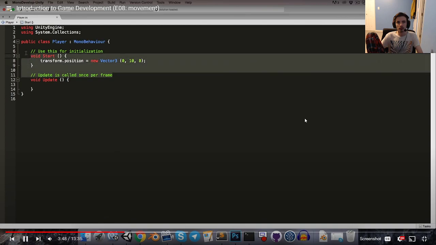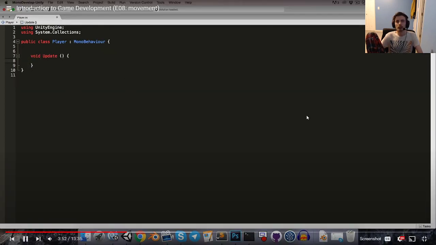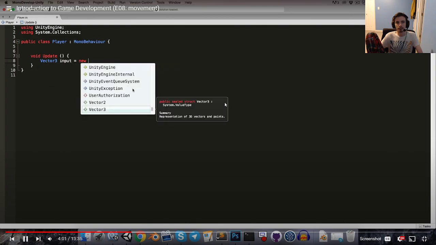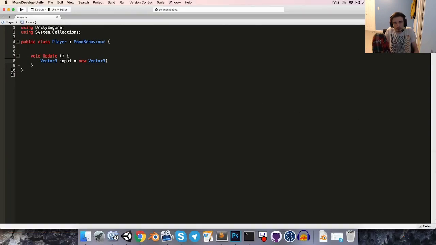Okay, let's go ahead and delete the start method. And inside of the update method, let's worry about getting our input vector. So let's say Vector3, and we can call this our input is equal to a new Vector3. So now for our x value, we're going to want to get the horizontal input. So let's say